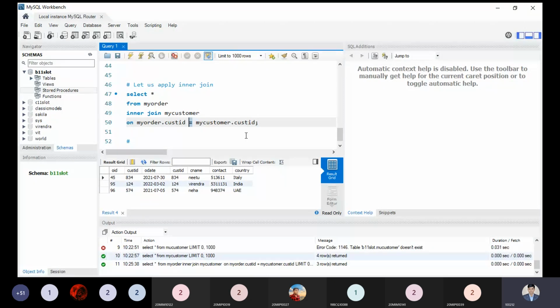So that's why most people love to work with the equijoin, and that's why we implemented equality. Instead of the equal symbol, you can also implement the theta join just by changing it to any other relational or comparison operator. Without wasting much time, I'm just giving the idea of how to apply the inner join. This is the syntax you have to keep in mind. On the left side, we have my order, so all the data which belongs to my order table will come first: order ID, customer ID, and order date. On the right side, we have my customer, so all the attributes which belong to my customer will come after my order.